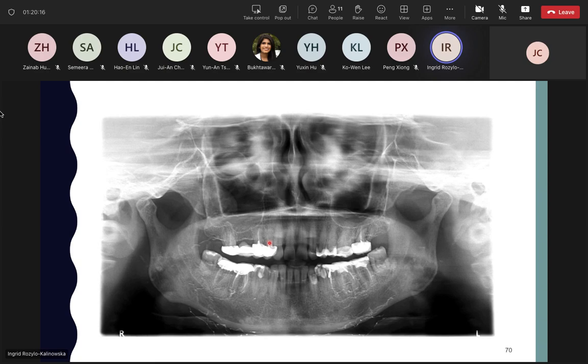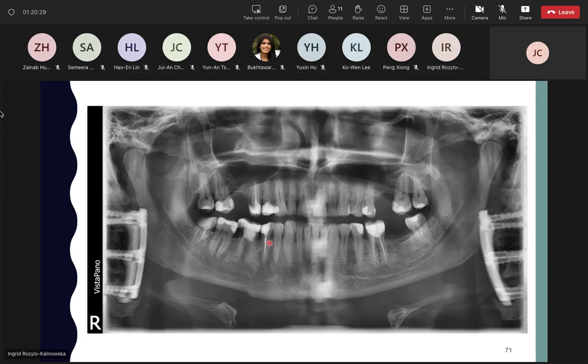So gold is metallic, so gold casts a shadow in panoramic radiography, and not only in panoramic radiography, also in any other radiography. And these are also devices used by orthopedic surgeons in stabilization of cervical spine following especially trauma